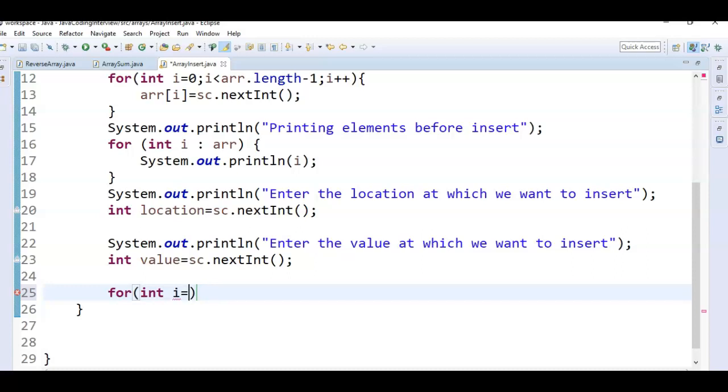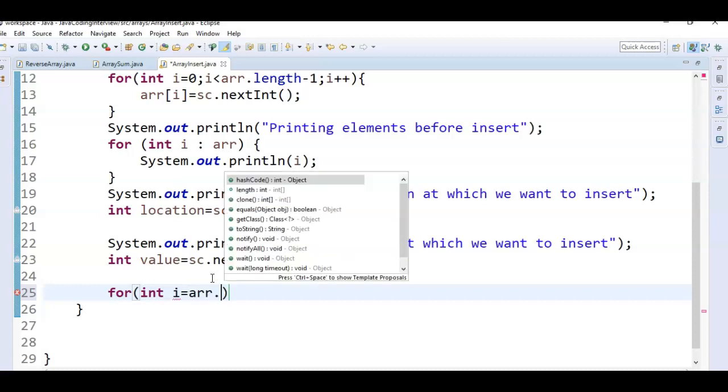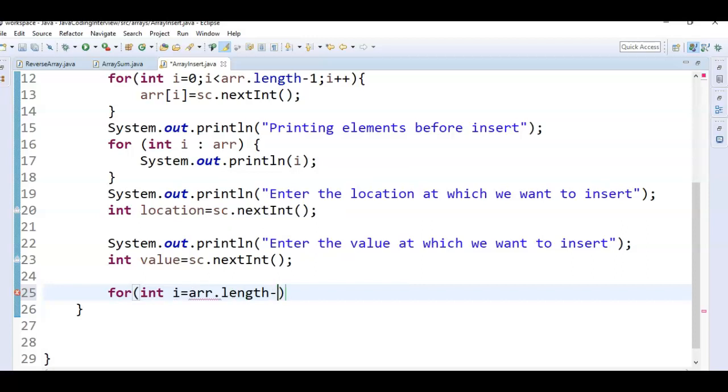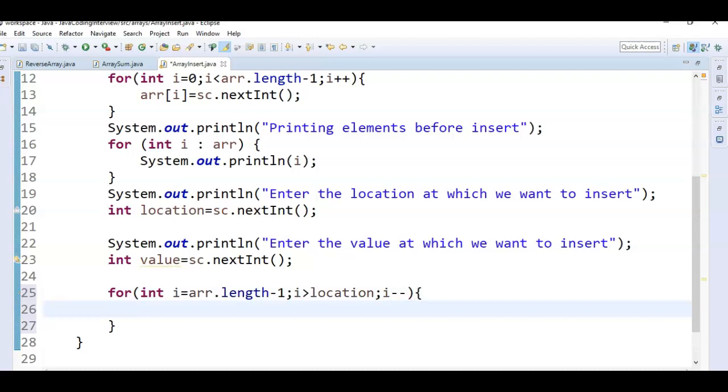As I told you, we'll be starting from the last position. So int i equal to array dot length minus 1, and the condition is while i is greater than location, then i minus minus. What we need to do is swap the elements from the last position to the next position.